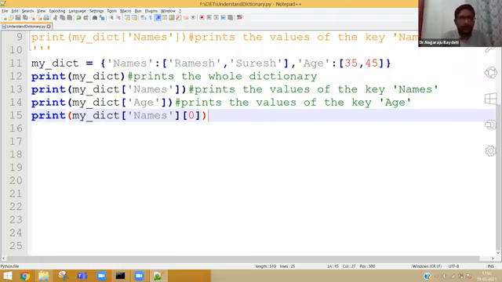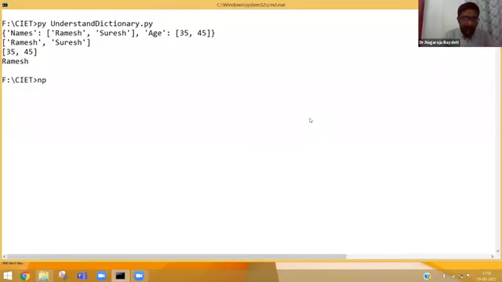Now, I think set also we will explain tomorrow. I will explain set tomorrow. Why? Because set is very simple to understand as well. For example, the only difference between a set in mathematics and this set is that it is an unindexed data structure. For example, let me just write understand sets dot py.